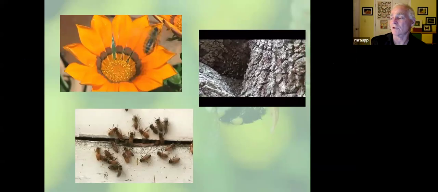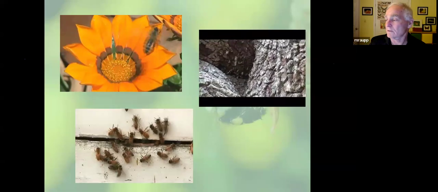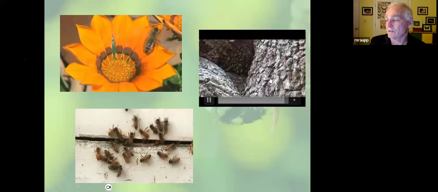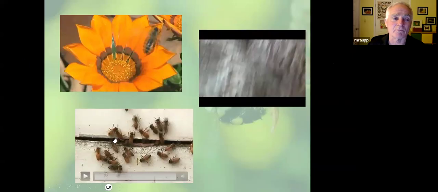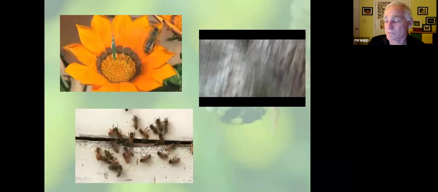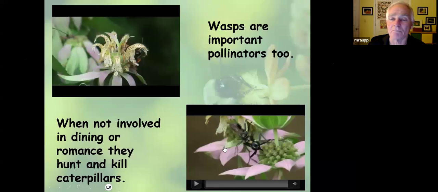Now, they evolved to live in the hollow of a tree, right? Like this. They didn't evolve to live in a white box that gets transported thousands of miles pollinating crops each year. This is part of the stress that's involved with honeybees, commercial honeybees, not so much native honeybees. People ask, why are bees disappearing? Well, it's a complex phenomenon.